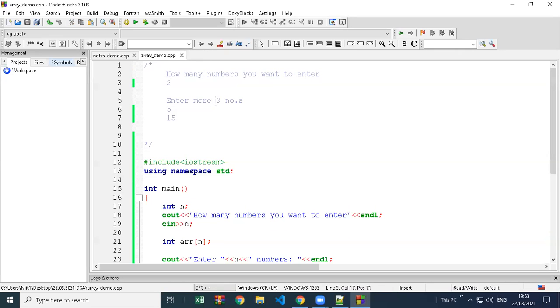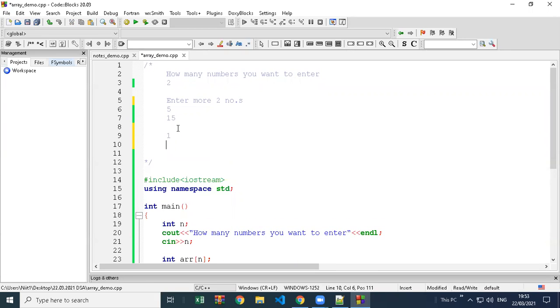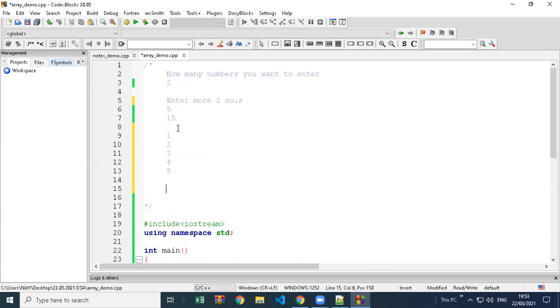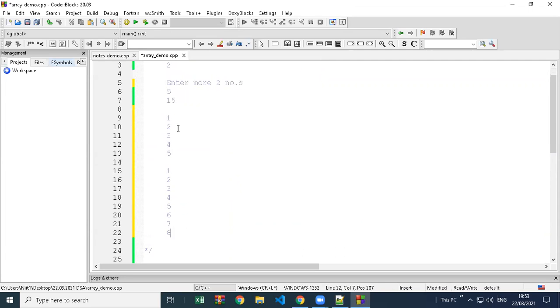Enter two numbers, 5 and 15. Correct. So of course we'll print 1 2 3 4 and 5, and then 1 2 3 4 5 6 7 8 9 10 11 12 13 14 15.